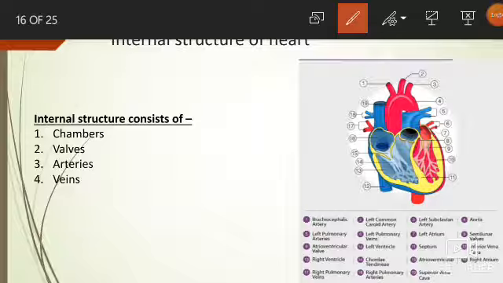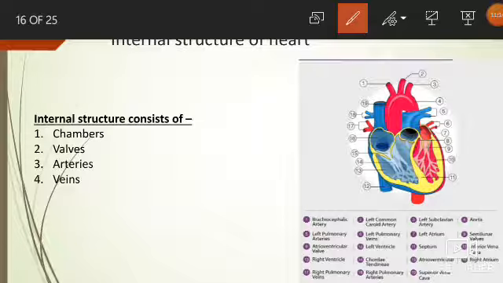The pulmonary arteries are divided into right region and left region. Similarly, pulmonary veins are also divided into left region and right region. As they are present in the left region, they are named left pulmonary arteries, left pulmonary veins. As they are present in the right region, they are named right pulmonary veins, right pulmonary arteries.